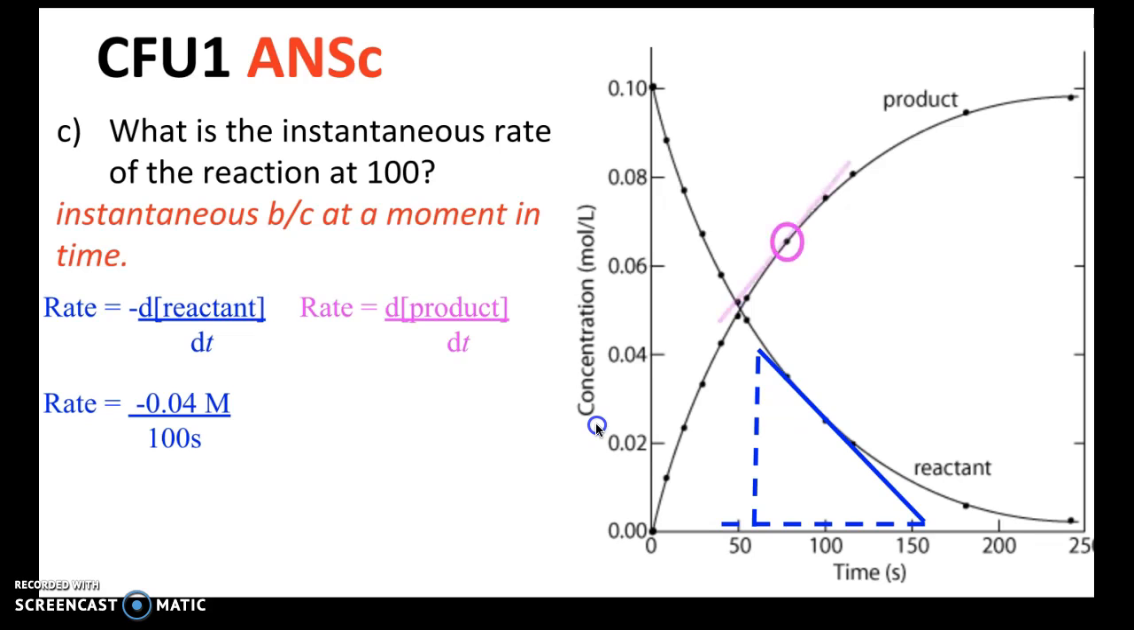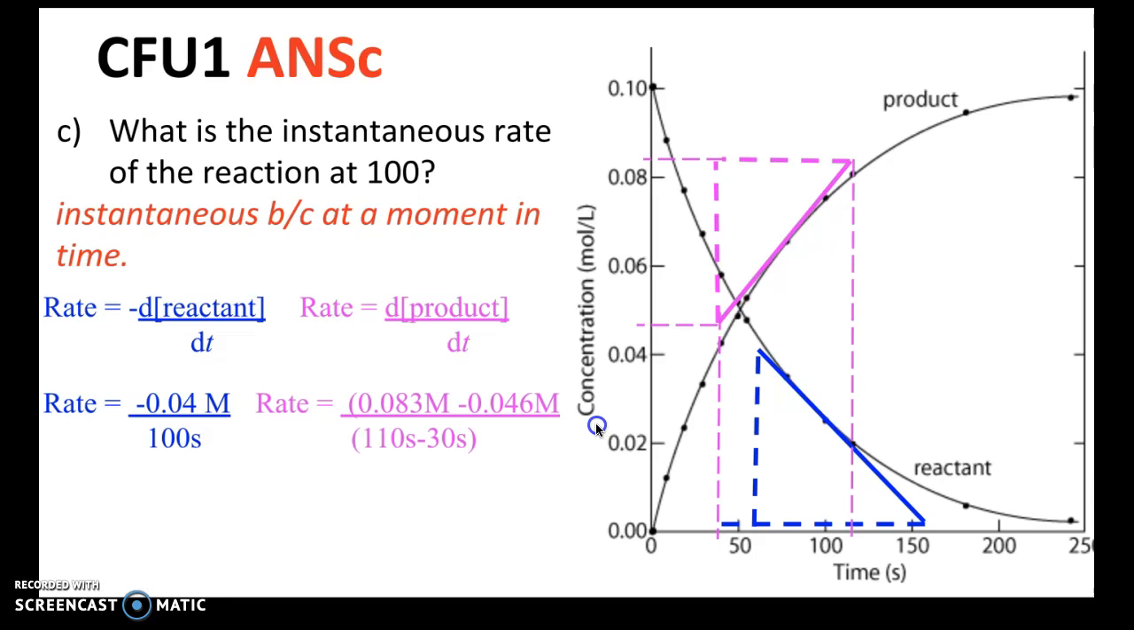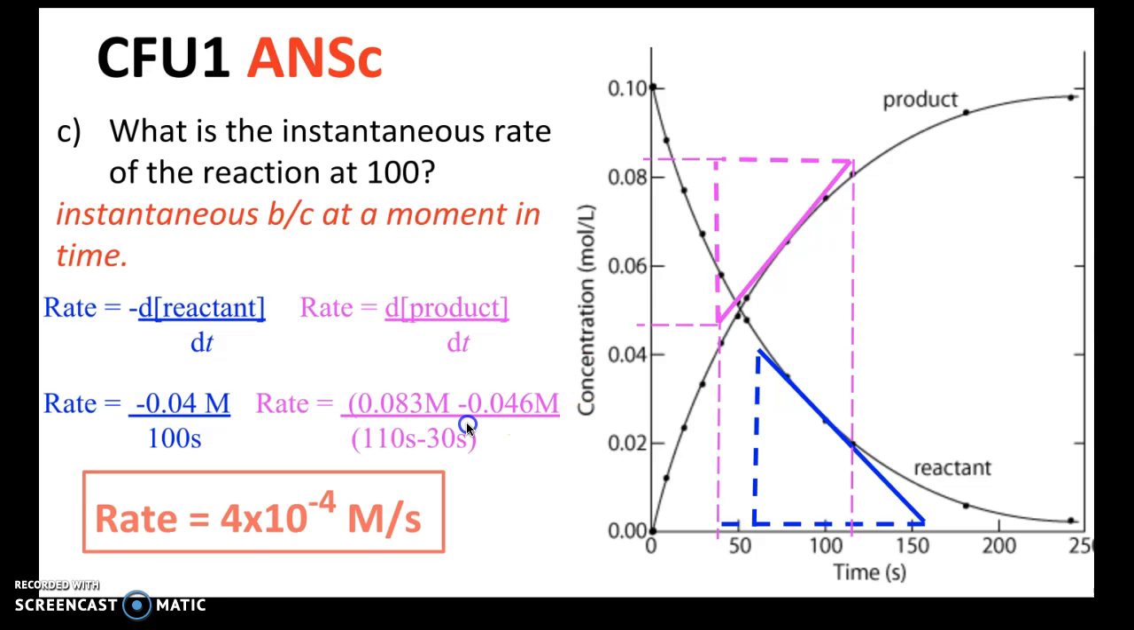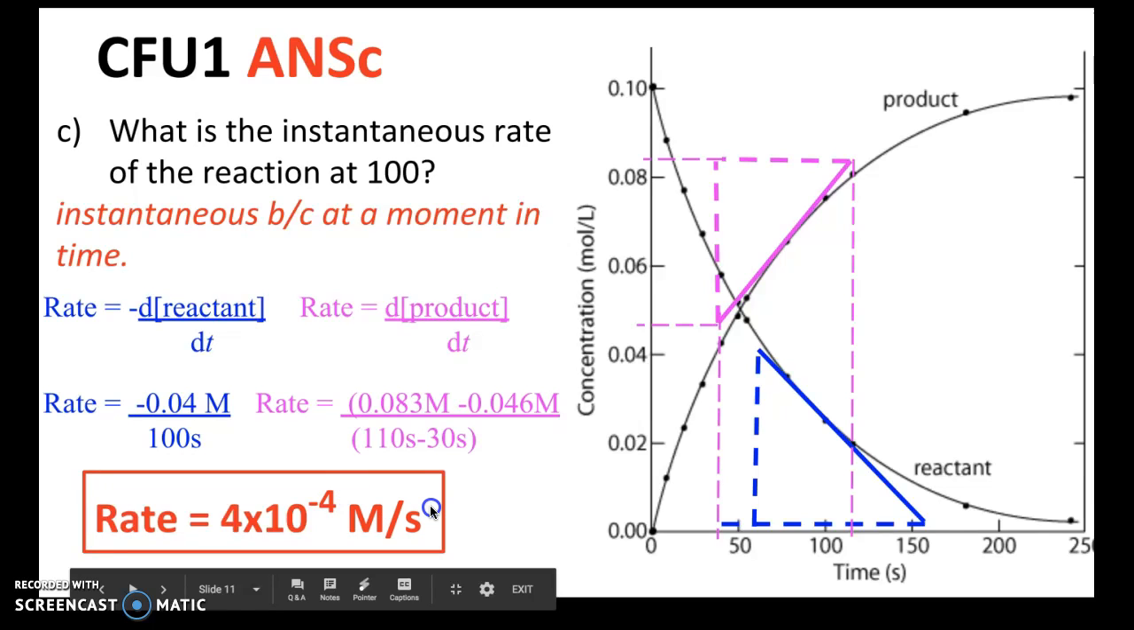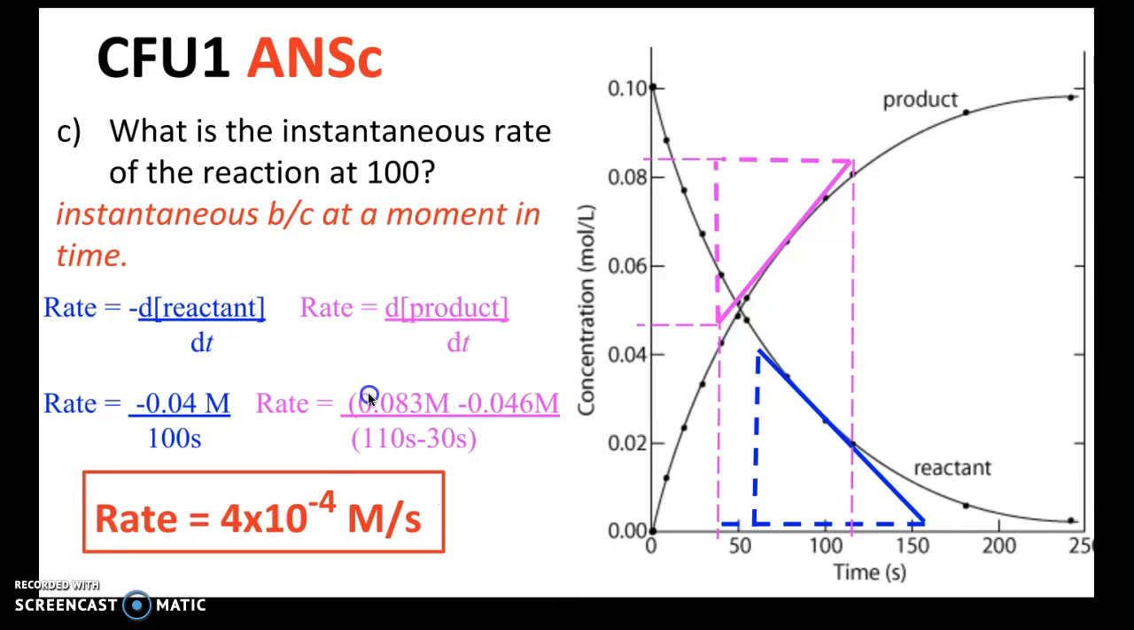Do the same thing for the product. Drew my tangent line at that point, then figured out the slope of that line. I actually had to do a little bit more calculation for the slope since it's up higher. But anyway, this was the work I did. And then I got roughly the rate for both cases to be 4 times 10 to the minus 4 molar per second. This one actually came out closer to 5 times 10 to the minus 4 molar per second,